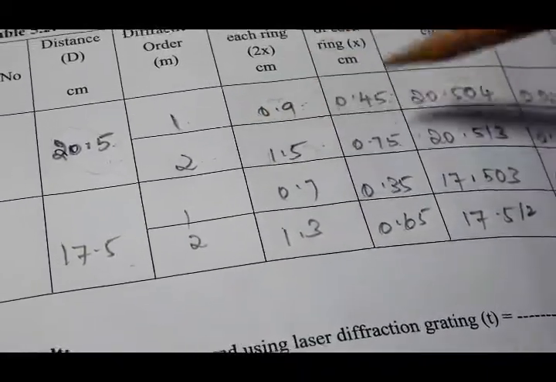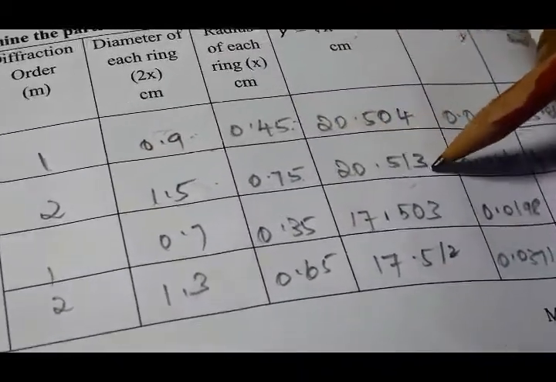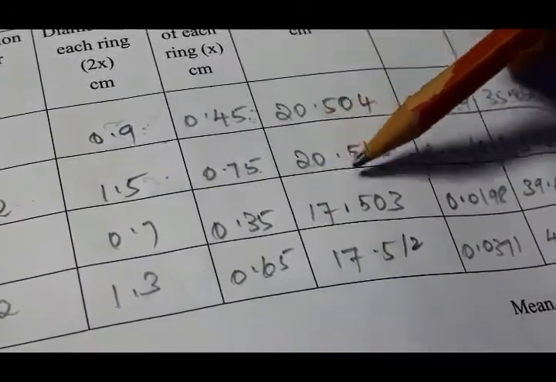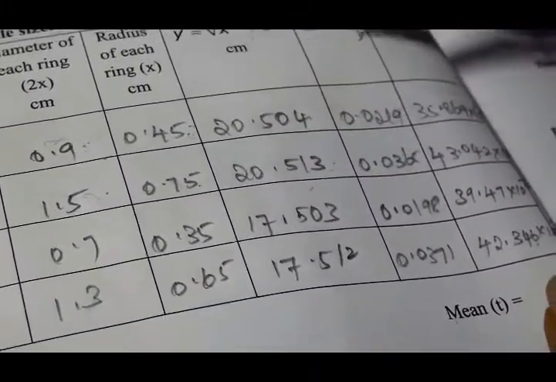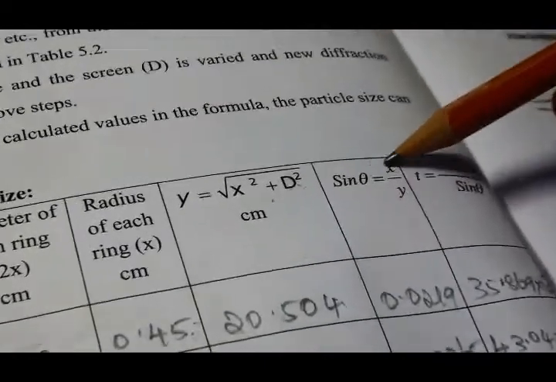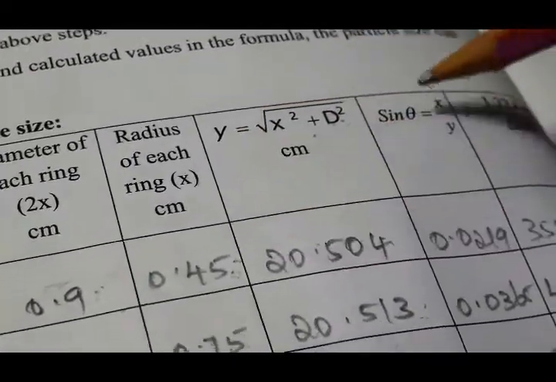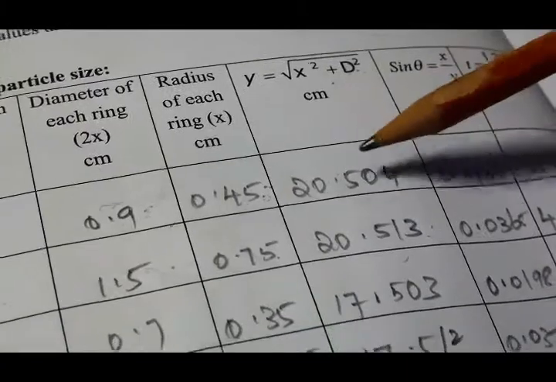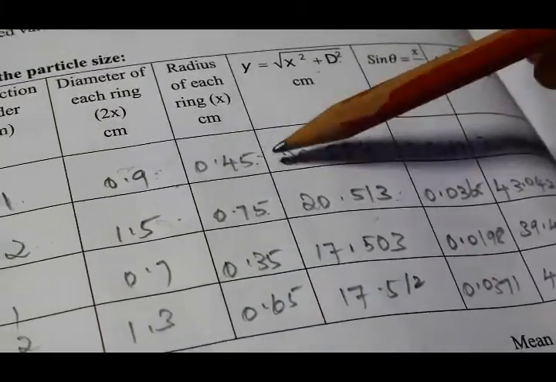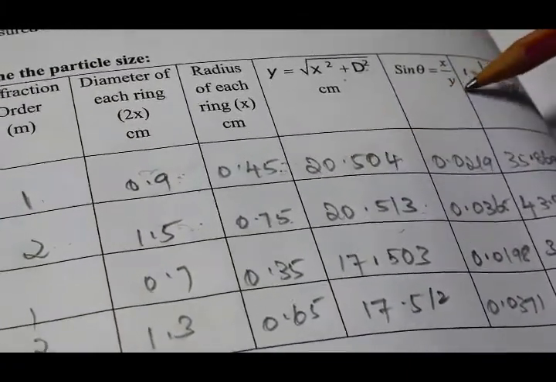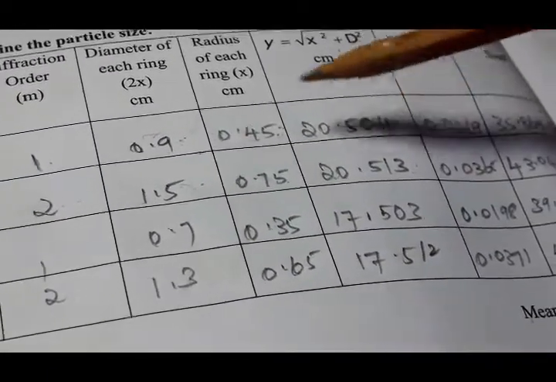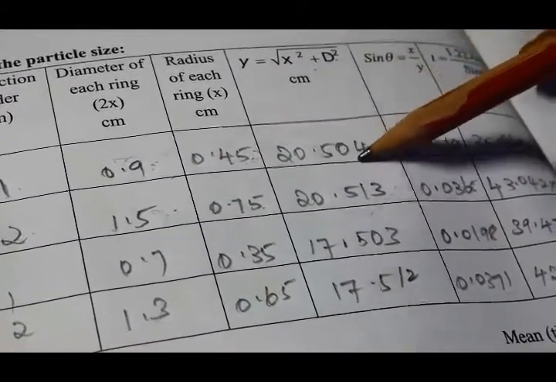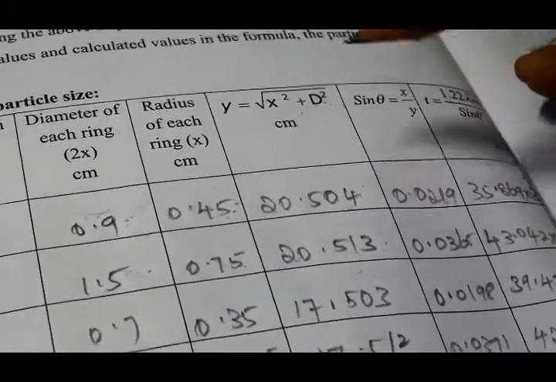And then for the second order, the same way you have to do the calculation, which appeared as 20.513, the y value. And sin theta is x by y. X is the radius of the first order, and y is the corresponding y value. For the first order, what is the y value that you have to substitute? So sin theta is equal to x by y. In this case, 0.45 divided by 20.504 is